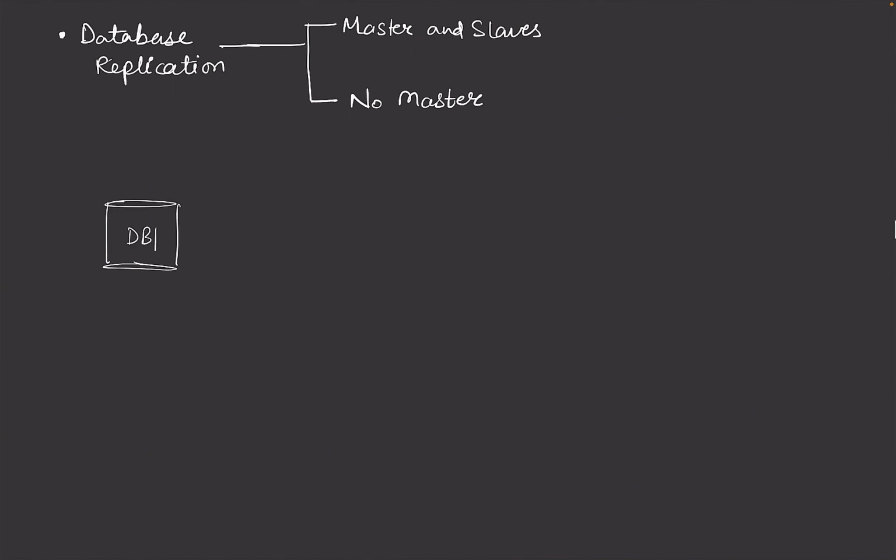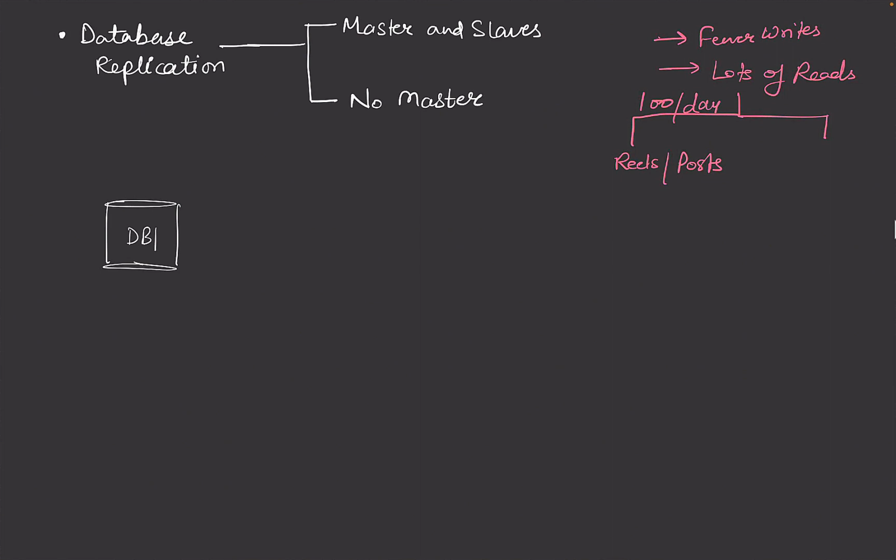Now usually what happens is, a lot of times we have fewer writes and lots of reads, and by that I mean, for example, we use Instagram, right? So we see a lot of reels or posts. So let's say I see 100 reels or posts per day, and I might just post one post per day, create a reel or post an image on Instagram, that might be just one per day. So the reads are often very large compared to the writes,